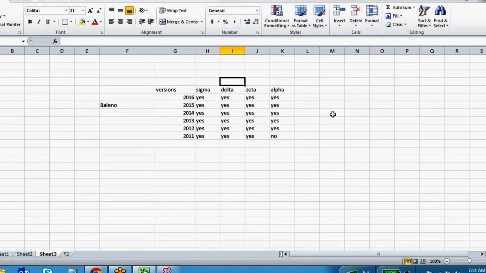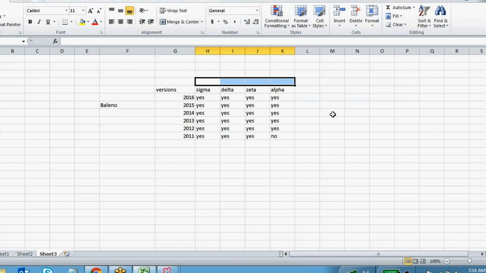Between Delta and Zeta, Delta doesn't have alloy wheels, while Zeta has them. Between Zeta and Alpha, Alpha has a rear camera and fog lights. So going from Sigma to Delta, Delta to Zeta, Zeta to Alpha, more options are added. In lower editions we don't get many options.